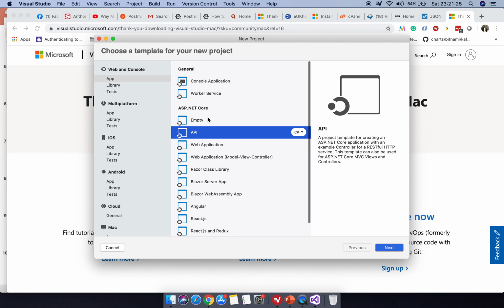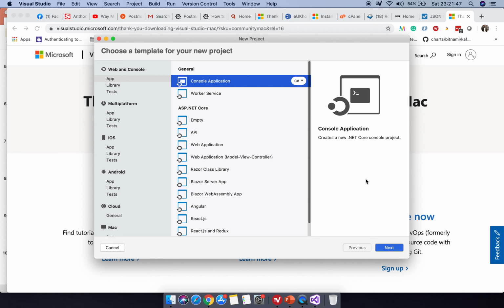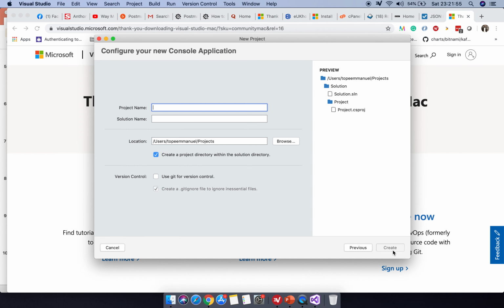When we go into actually learning C sharp, I'm gonna create a web application so I can take people through this. I'm actually going to take people through a series of applications that we can create, but I'm going to create a console application. A console application is just the kind of application that runs on essentially the command line, and then it's asking me what name would I give my project. I'm just gonna give it